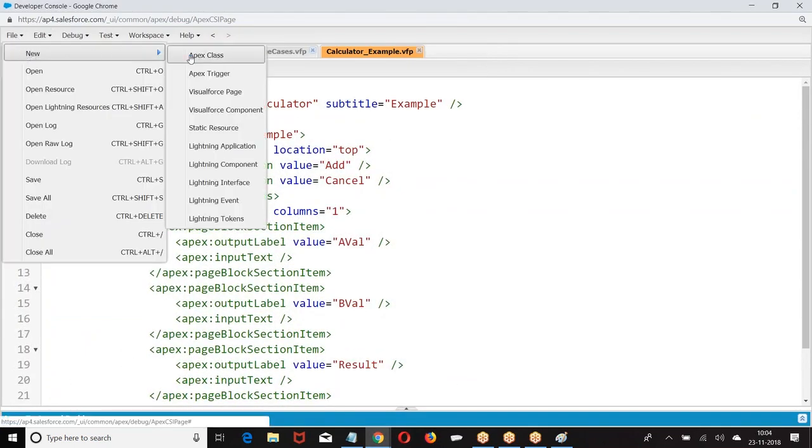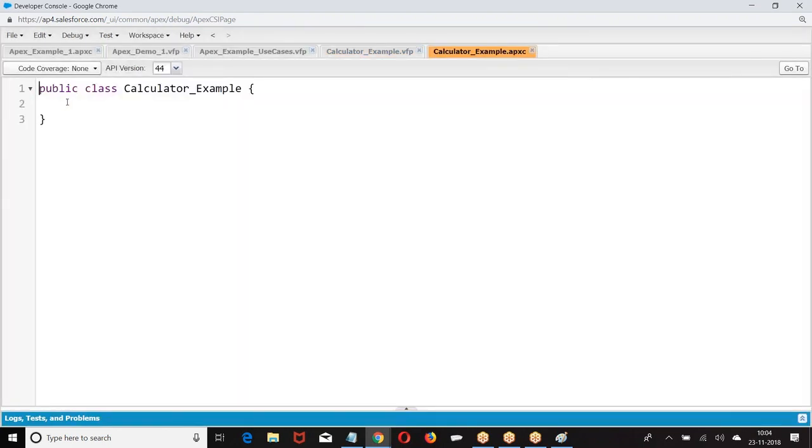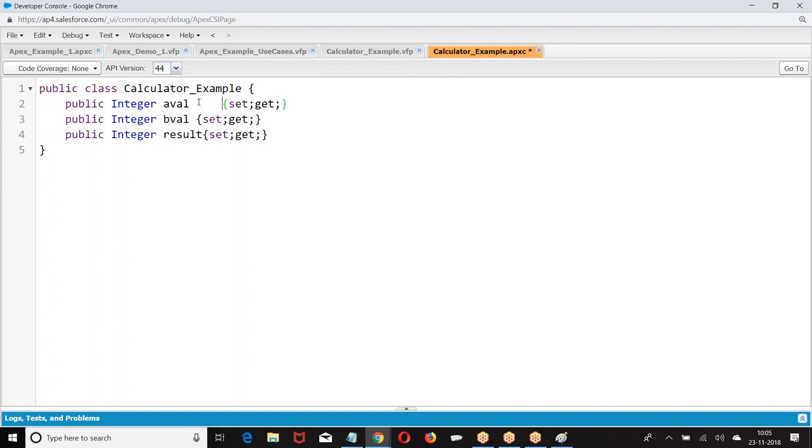Now I was supposed to write the Apex class. Public integer evaluate. Public void add.